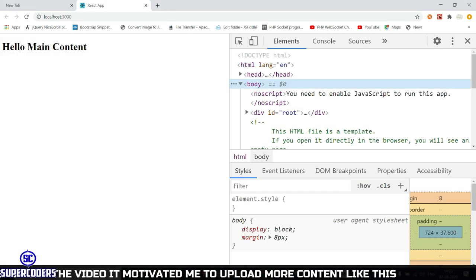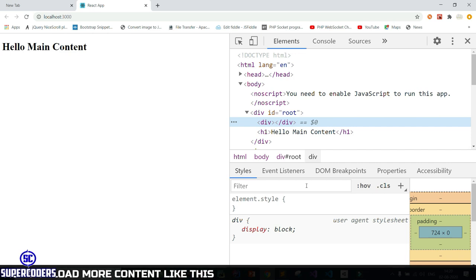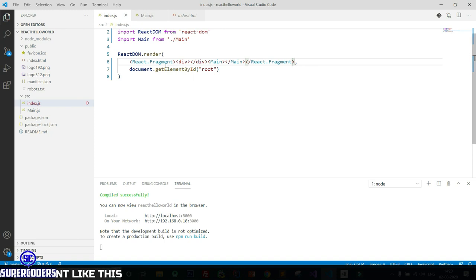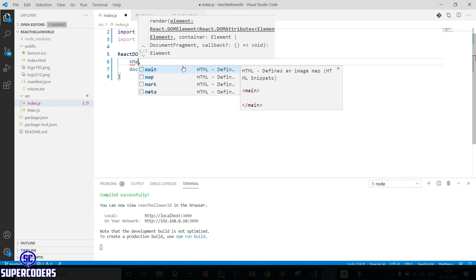So if I run, you can see now it's showing in two parent form, and you can see div is gone. So if you don't want to add a div and want to show in parent, you need to use React.Fragment and pass our data here. So this is a simple example of creating a component inside component. For now let's delete it and simply pass main.